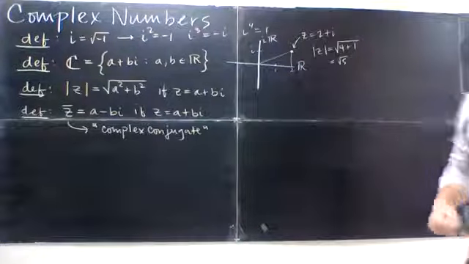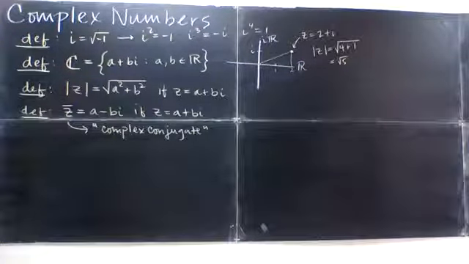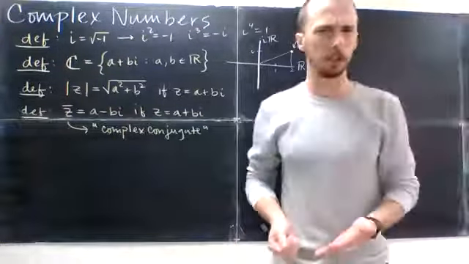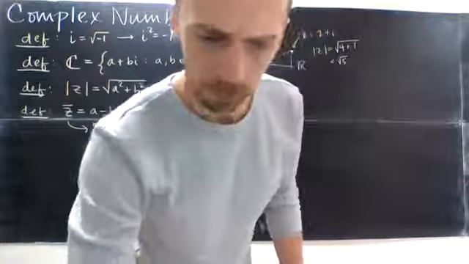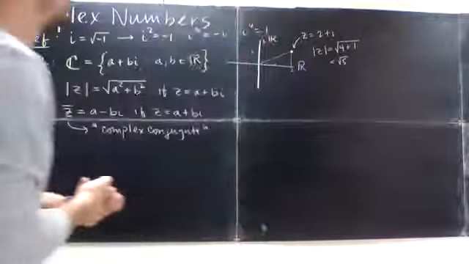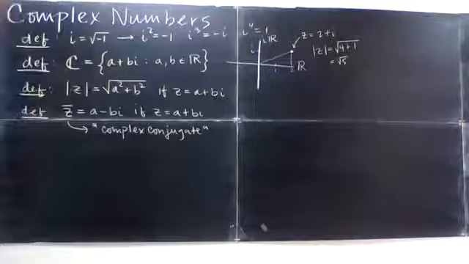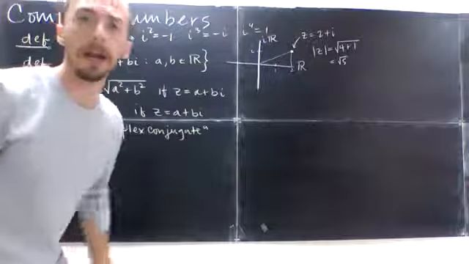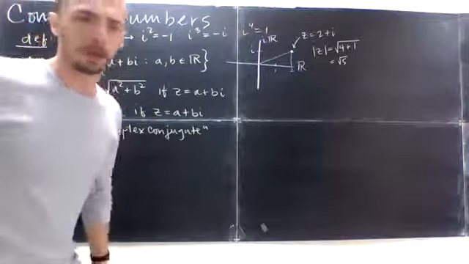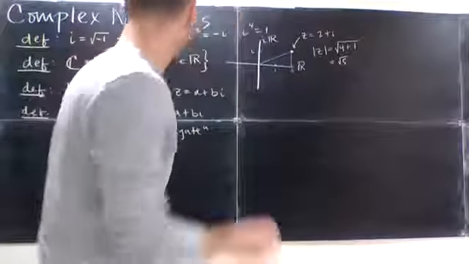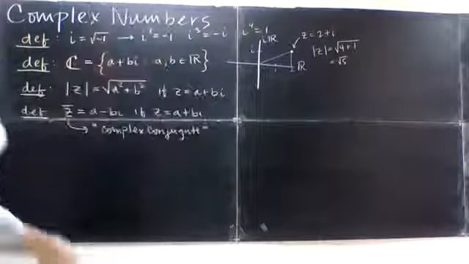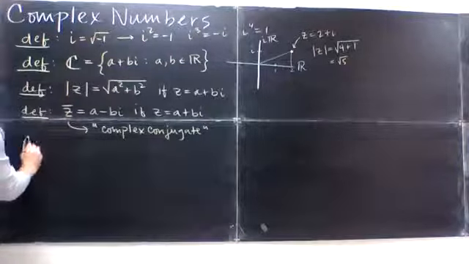All right, I'm going to do a little bit of complex arithmetic for you just to remind you that it works like you expect. What I'm going to be wanting to do is probably talk about z is 2 plus i, and maybe w is just i. Yeah, I think that's what I want to do. So, as far as arithmetic with complex numbers goes,